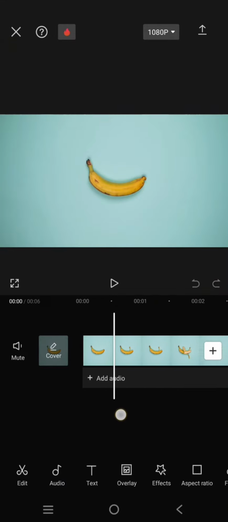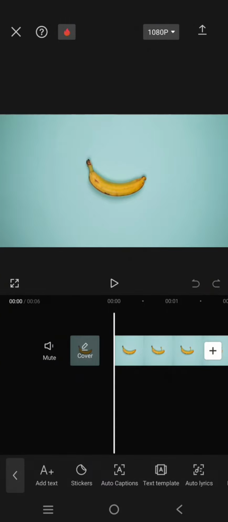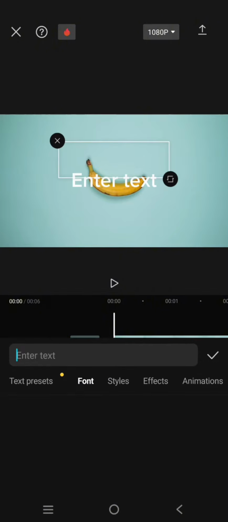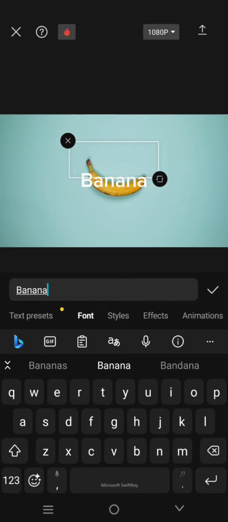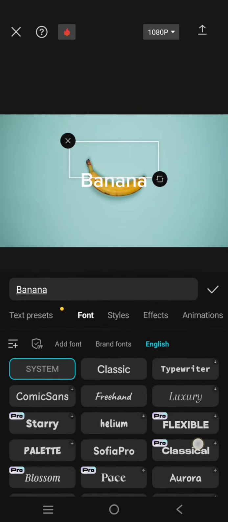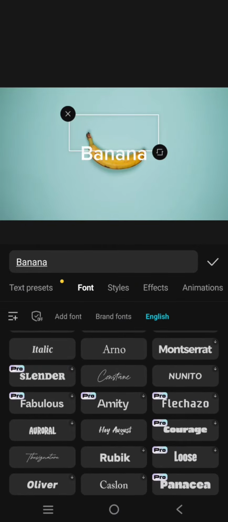On today's tutorial, I'm gonna show you how you can create a flickering effect for your text in a video on CapCut. So first, you just need to write your text. I'm going to write in here. Then change the font into the one you want. So I personally will use this Rubik